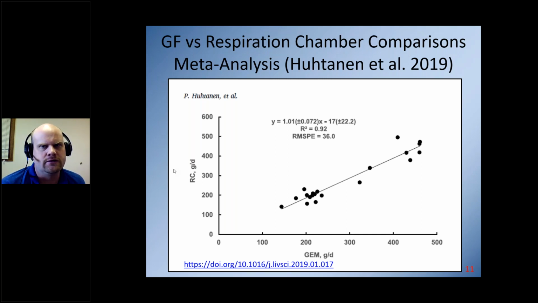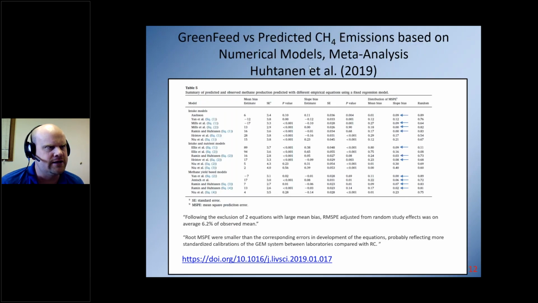And in many cases, the feed intake of each of the animals can be increased in the barn where they're free roaming and allowed to eat, and oftentimes it becomes restricted or reduced in the chamber, even if under both ad lib conditions we're trying to feed them the same amount of food. So we see reasonable results, but of course there are confounding effects with different feeding behaviors and measuring emissions at different times. So another interesting study that Pekka looked at in the same paper is there's several